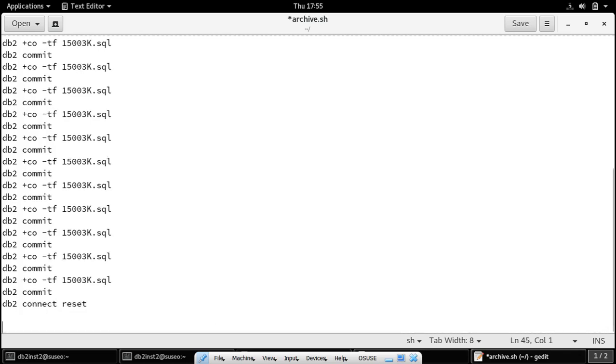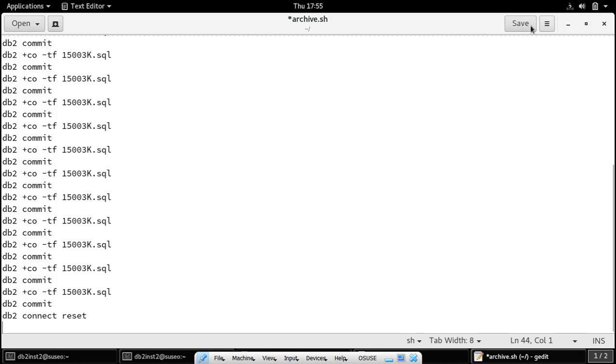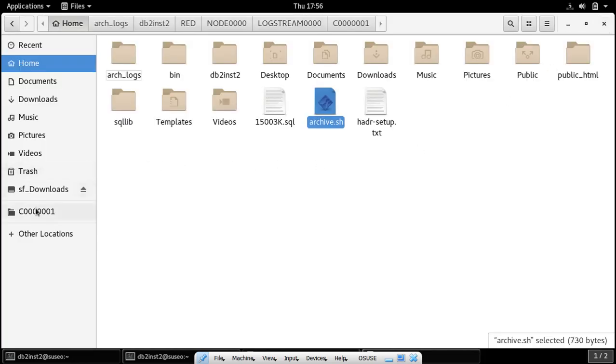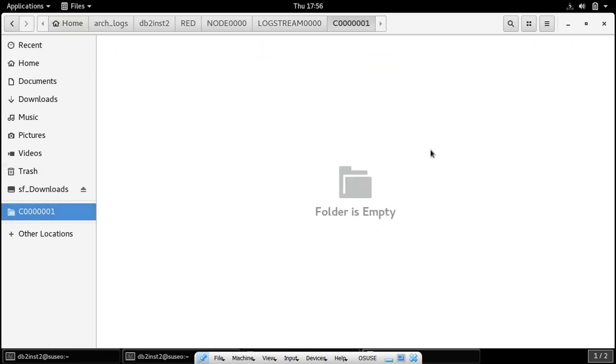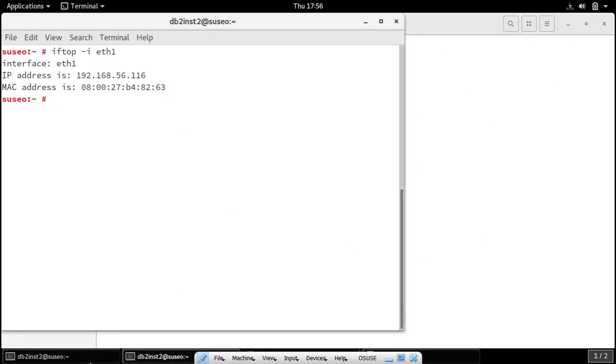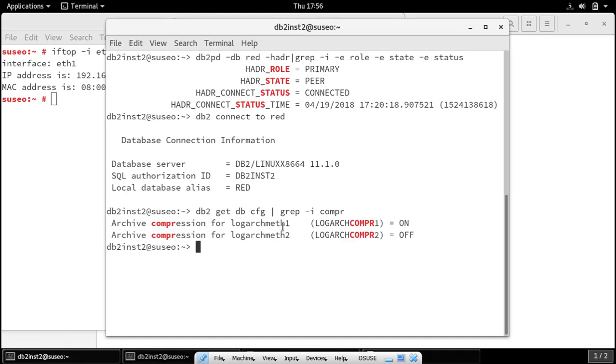Okay, surprising. Okay, yeah, it's there. Connect reset is there. Okay, save that. Okay, so it's a simple shell script. It's going to run that, and it's going to create a lot of files in the archive location, and you will see that the compression is on. Okay, so I'll connect reset from here,